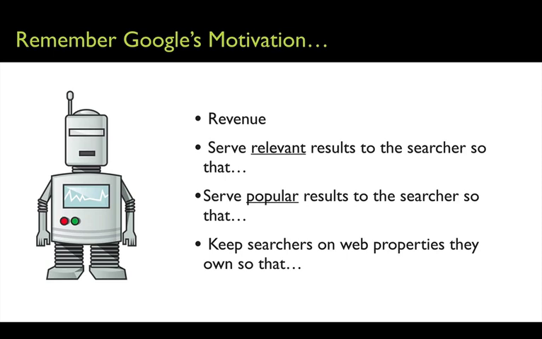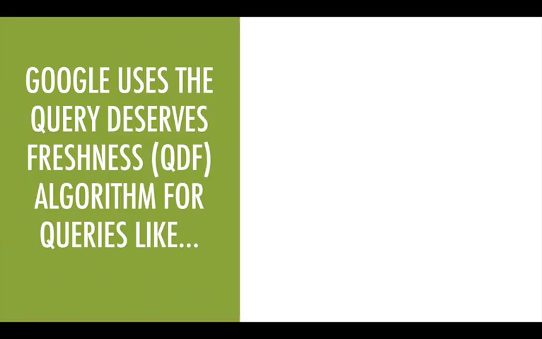And in order to do that, they've had to start considering freshness as part of the algorithm, because there are so many blog posts that get published each day, so much new content added to the web. And as that content continues to age, it sometimes becomes less relevant and less popular. So what we're finding is that Google is starting to favor content that has more freshness to it. Google uses this thing called the Query Deserves Freshness algorithm, or the QDF algorithm, for queries like, and this has been going on for several years now,